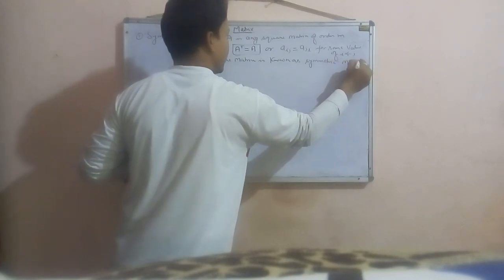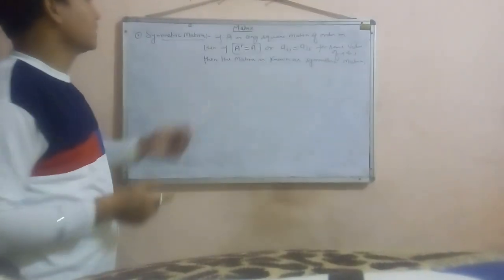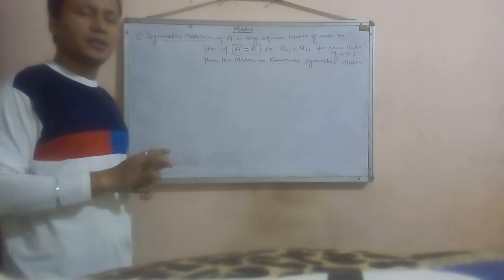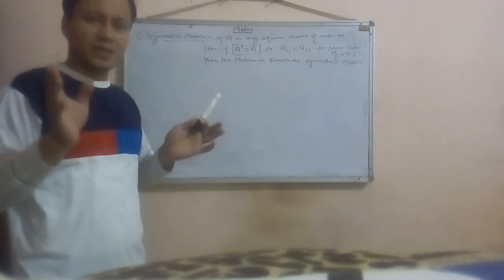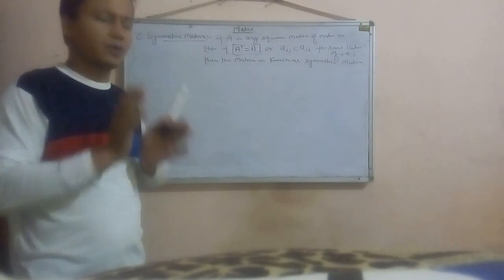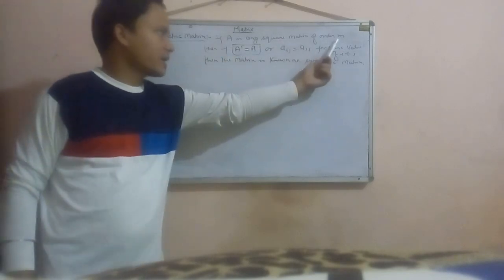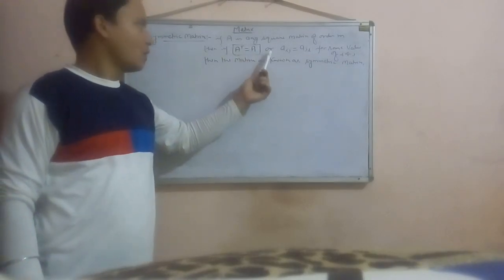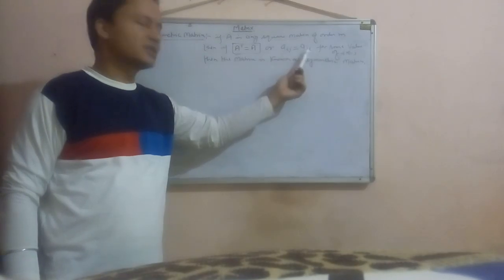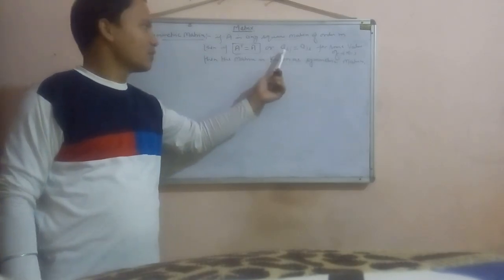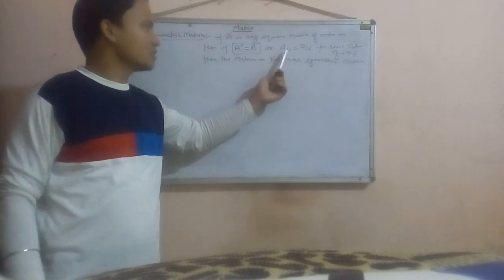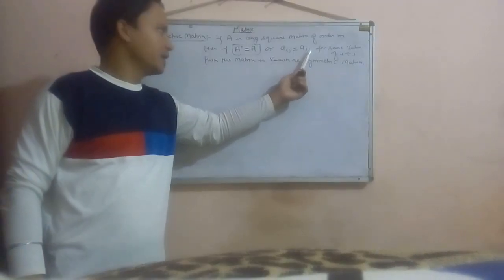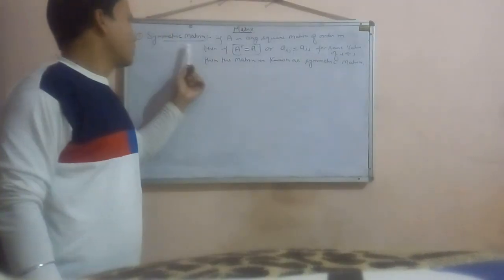Symmetric matrix. So what is the condition for symmetric matrix? If A is any square matrix, first the matrix should be square. For the condition of symmetricity, the matrix should be a square matrix, meaning the number of rows and columns are equal. So if A is any square matrix of order m, then if A transpose becomes equal to A, or Aij equal to Aji, what does it mean, students? It means that the element at ith row and jth column must be equal to the element at jth row and ith column, then the matrix is called symmetric matrix.